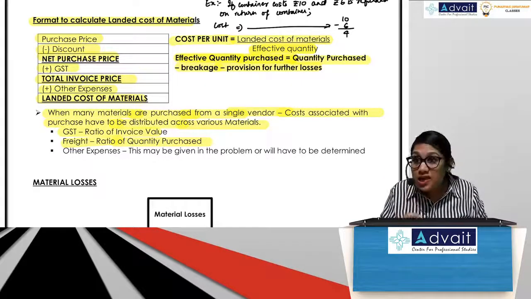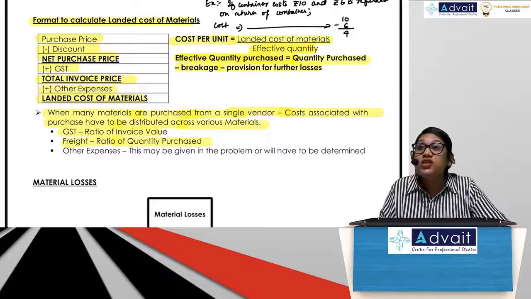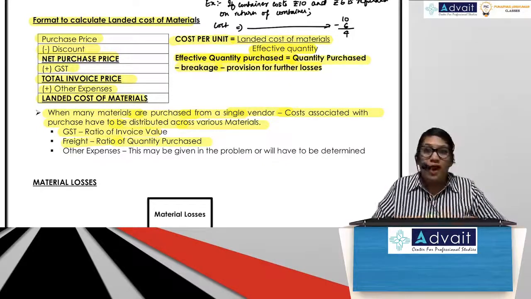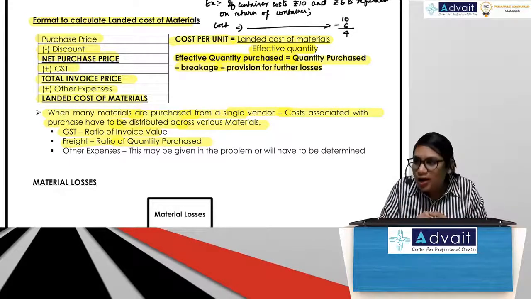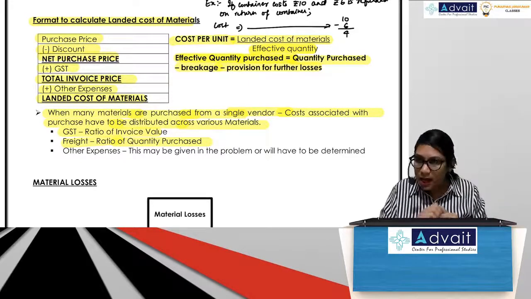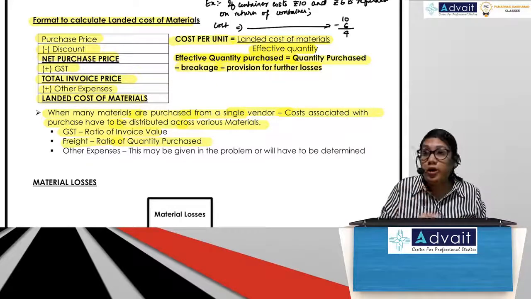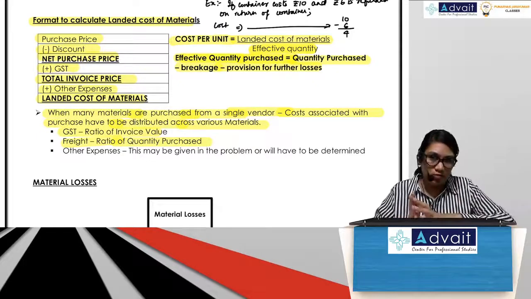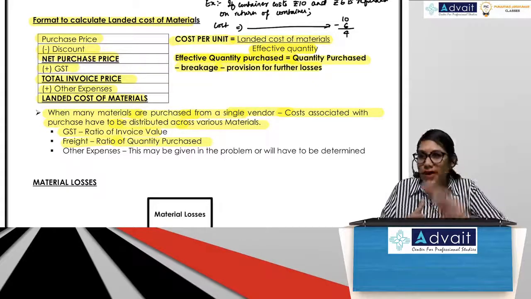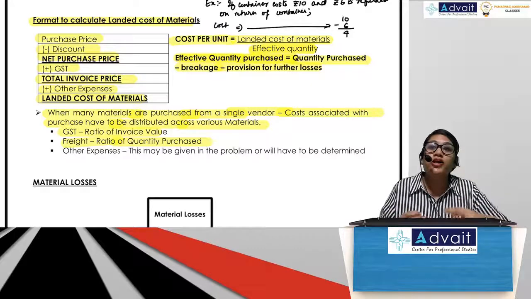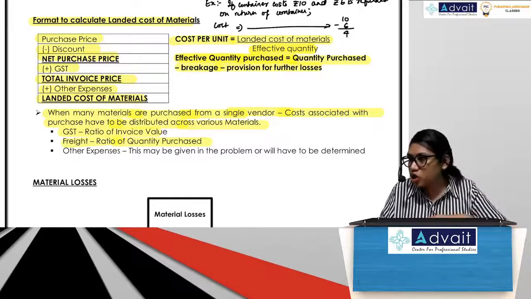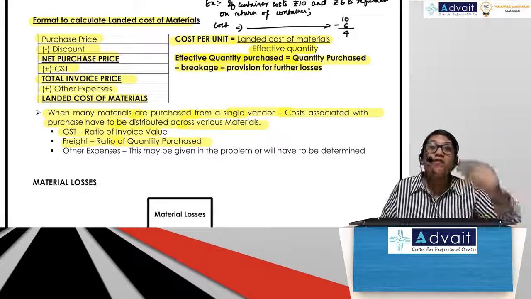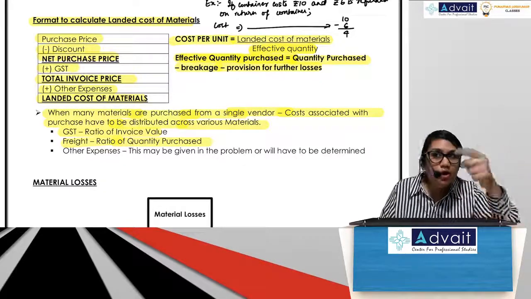in order to see what extra they have given, which is a clue to us, which will tell us how to split these expenses. So everything is not given to you. You will have to figure out certain things when you are looking at the problem. So now the problem that we are going to solve is based on the splitting only. We would have purchased many things from one single vendor, and now we have to calculate the stock rate. So how do we calculate the stock rate? We first need landed cost, then we will calculate effective quantity, then we will calculate stock rate by dividing landed cost by